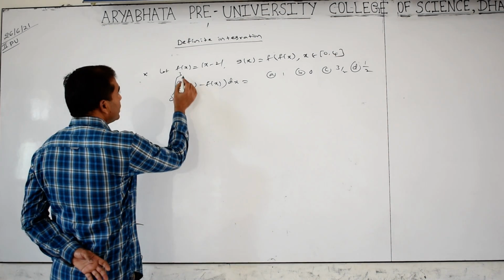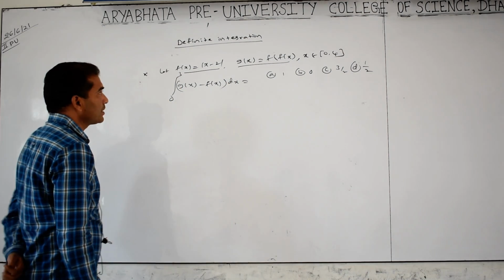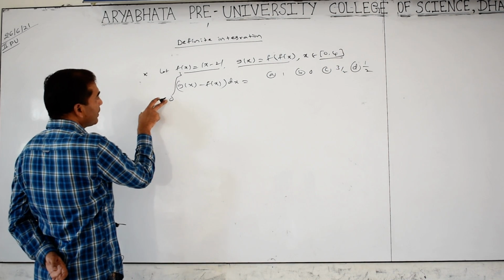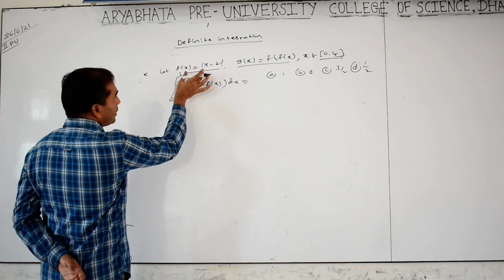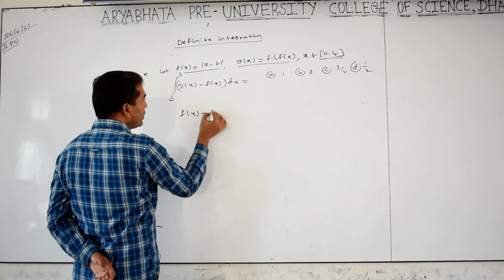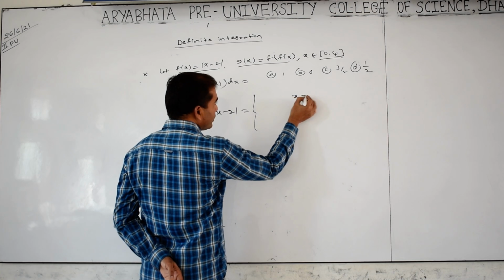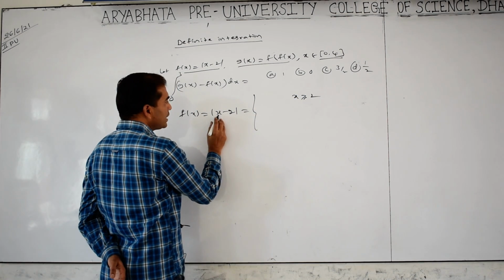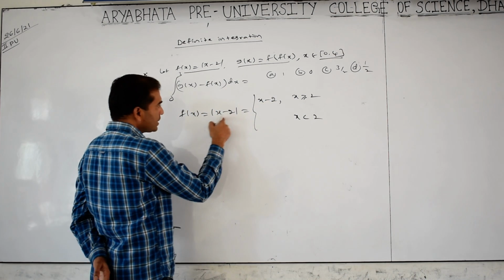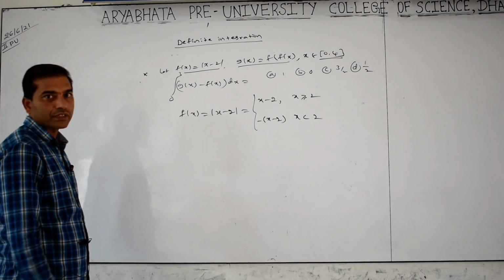Now this is given f of x, and this is g of x equal to f of f of x. The x is between 0 and 4, that is the interval, but here the given interval is 0 to 3 only. So first of all we have to make this function g of x and f of x. Tell me, f of x equal to mod of x minus 2. When x is greater than 2, it is positive, then x minus 2. When x is less than 2, it is negative, so minus of x minus 2.